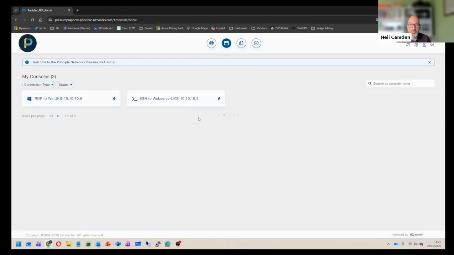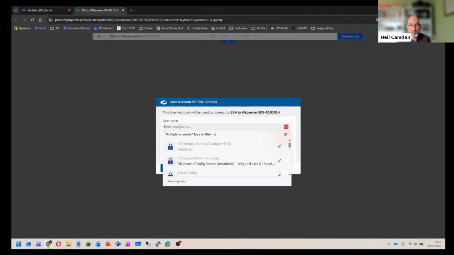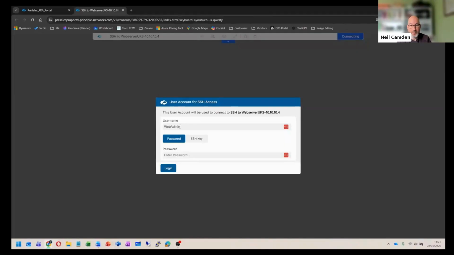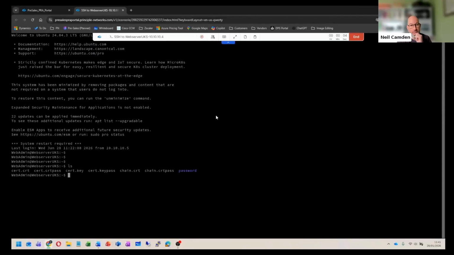So I've been given here an IDP server I can connect to and an SSH server. If I log in as a different user, I may see different tiles. So just as an example here, if I click on this SSH tile, it takes me through to an SSH connection to a web server in the background. So I know here that my username and password for this. And we'll see that has taken me onto an SSH terminal on a privately hosted web server sitting in our